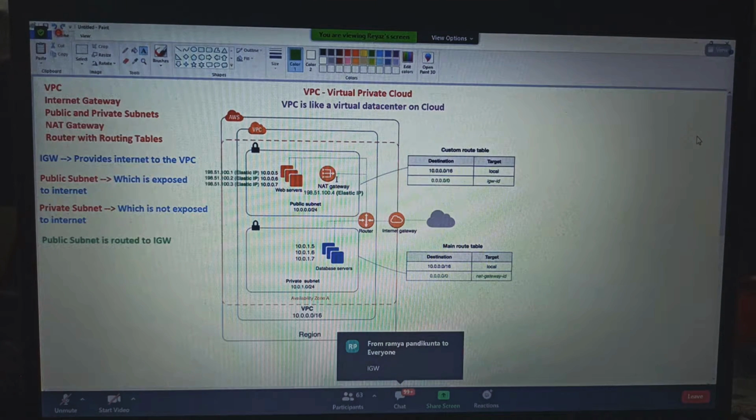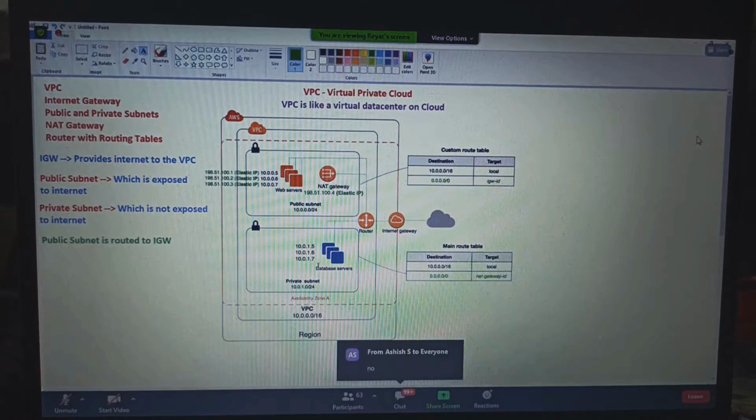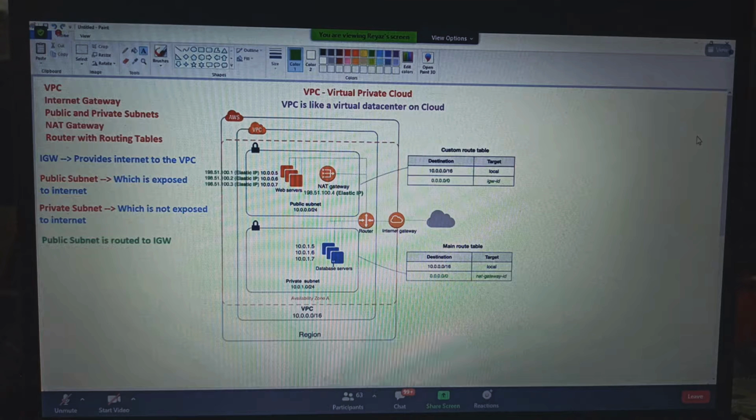Okay, now another question here, guys. We discussed the public subnet. Let us talk about the private subnet. In the private subnet, we have database servers and many other servers. Can you tell me one thing: do database servers need internet access, or not? Definitely, database servers or applications need internet access, in order to install patches or download something. Definitely there should be internet access for the database servers.